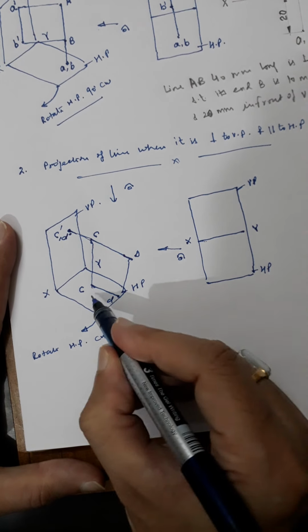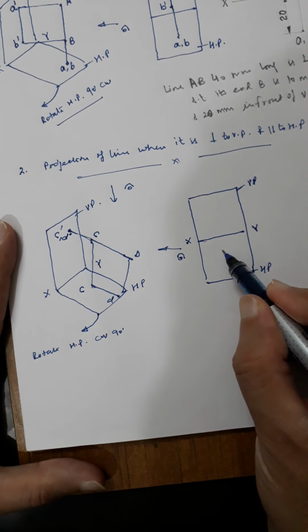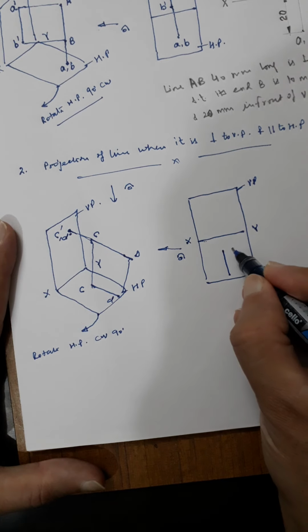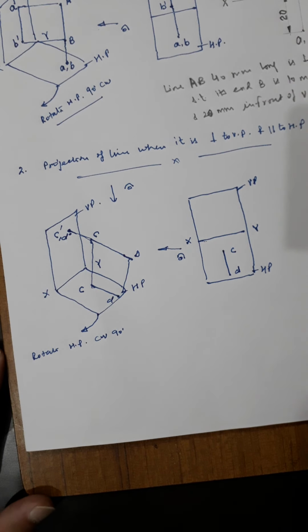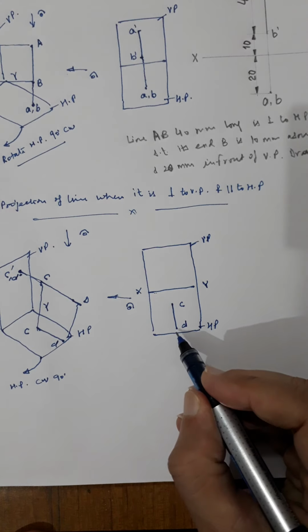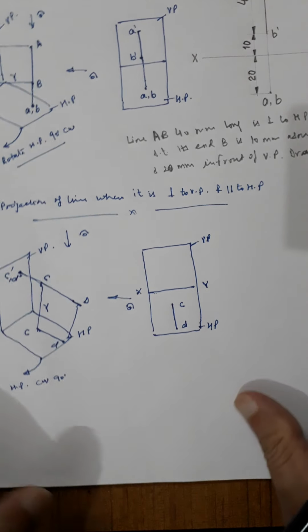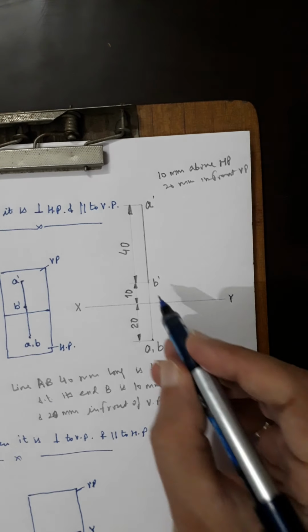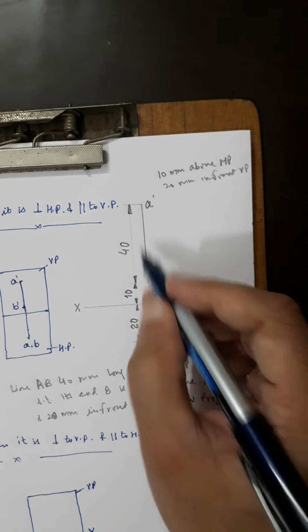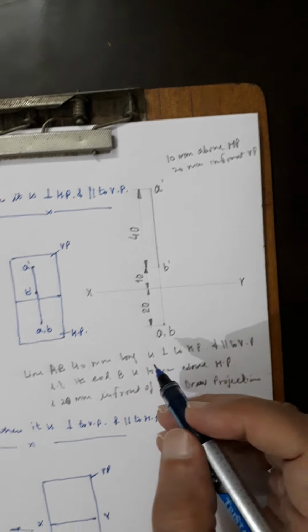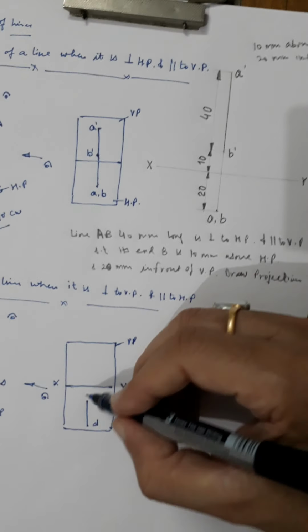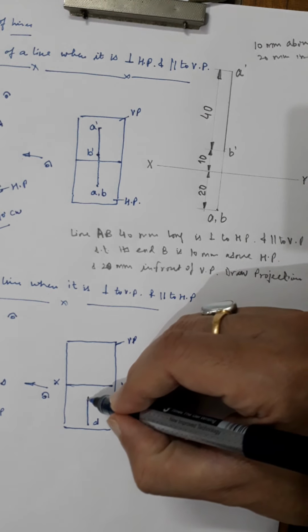Now where will this CD be? CD will be somewhere here, top view. So this is the top view. It is a line. Now one more thing I would like to add is, wherever you get the true length, you need to draw that view first. Okay, now CD is here in the top view, so you need to draw the top view first. Whereas in the previous case, the true length AB was in the front view, so you need to draw the front view first. Okay, now here in the front view it will be simply a point.